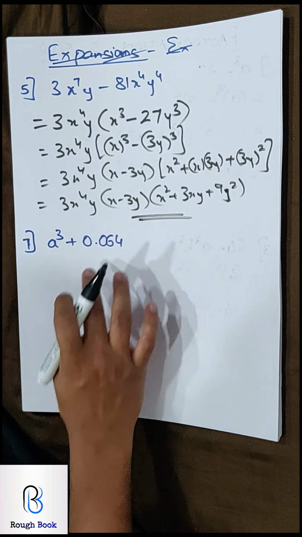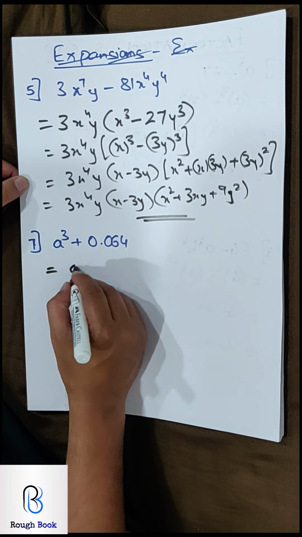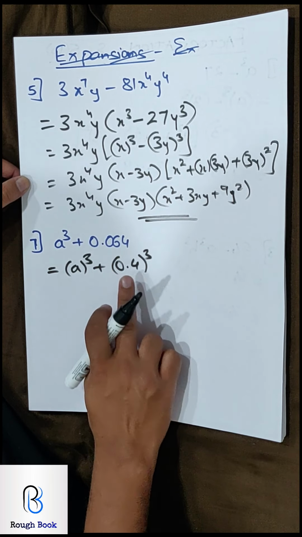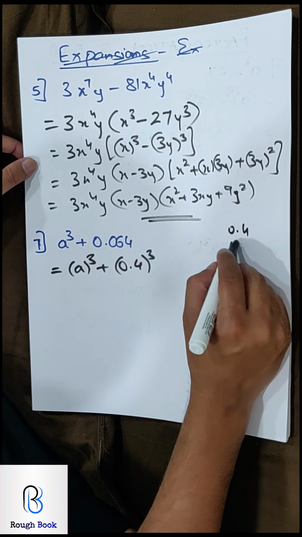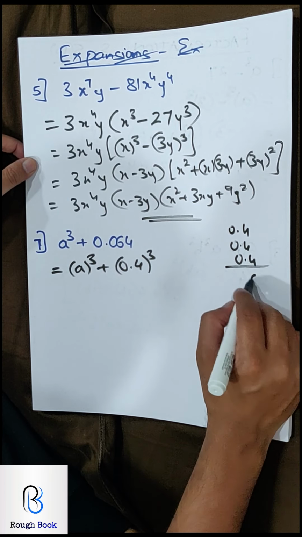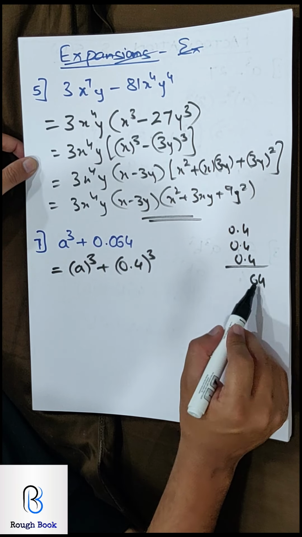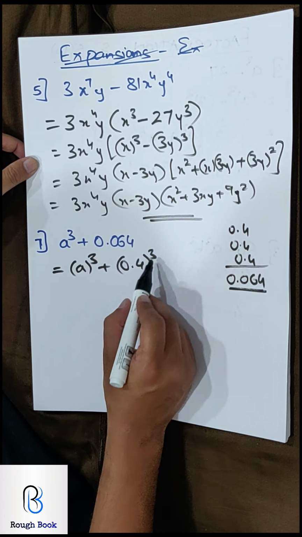Don't get worried with the decimals. Pause the video, try on your own. Same formula we are applying again and again. So A cube 0.4. See, 0.4 3 times. So that will be 3 decimals. Understand it logically. When I multiply 4 by 4 by 4, 64. 1 decimal place 2 and 3. So 1, 2 and 3. So therefore cube root of this is going to be 0.4 cube.